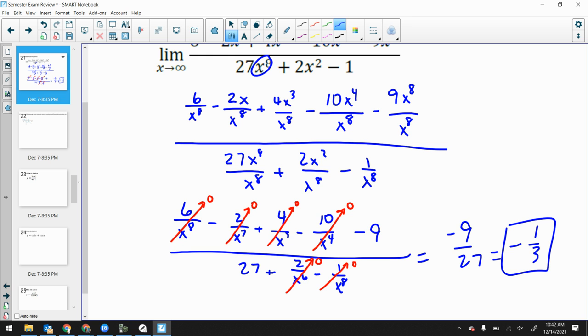It's funny. I was helping Liz doing some exam review, and she had a problem like this, where it was divide by the biggest power in the denominator. But the problem that they had was they had a radical in the denominator. We actually did a couple of those in the homework and the notes, and it was like, okay, when I divide by like an x squared, remember what we had to do to put it back underneath the radical? You had to make it an x to the 4th.